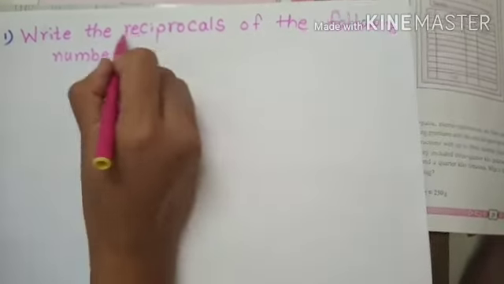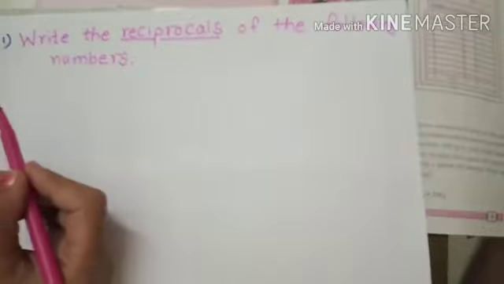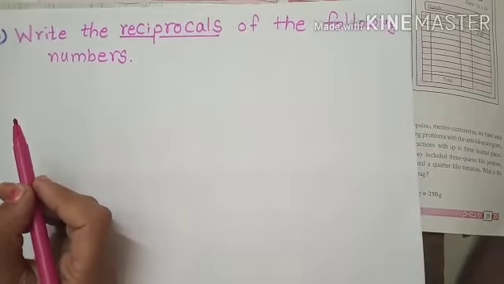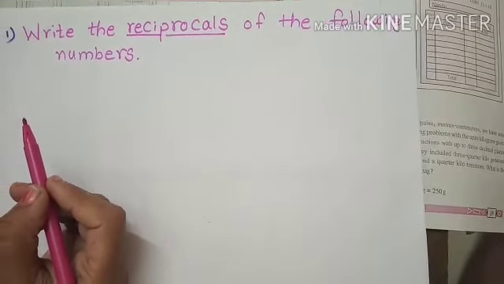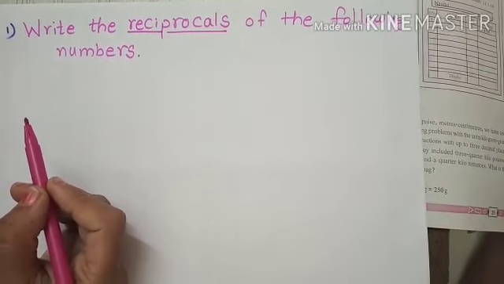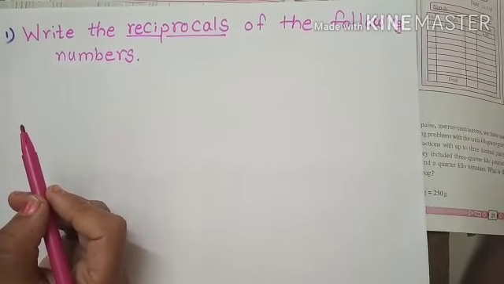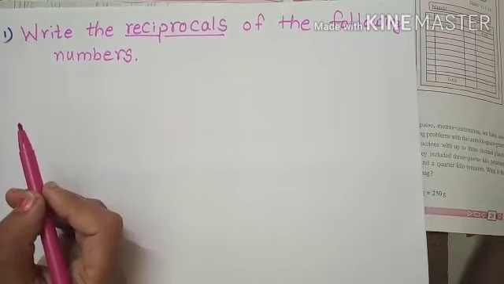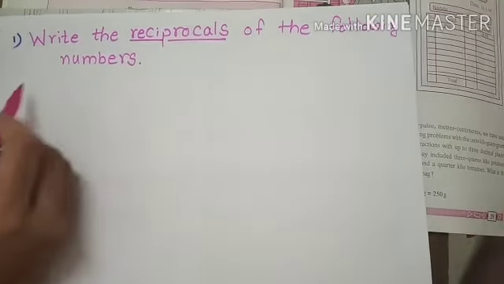What is meant by reciprocals? When the product of two numbers is 1, each of the numbers is the multiplicative inverse or reciprocal of the other. For example,